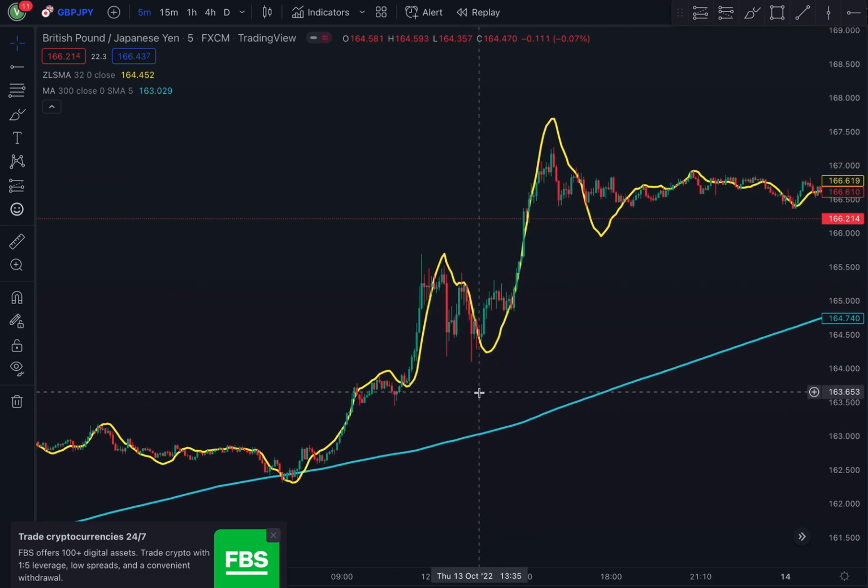So that is the system. It's quite easy. Test it out, practice, have a good money management system, and I'll see you in the next